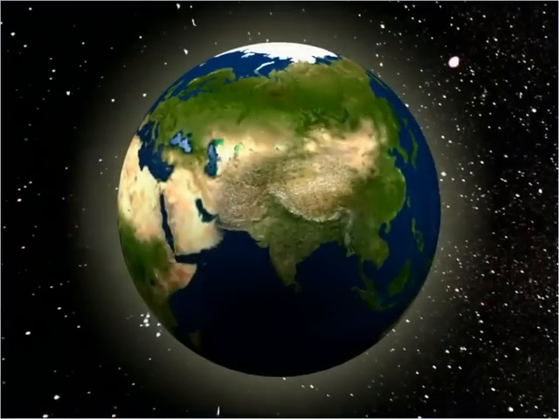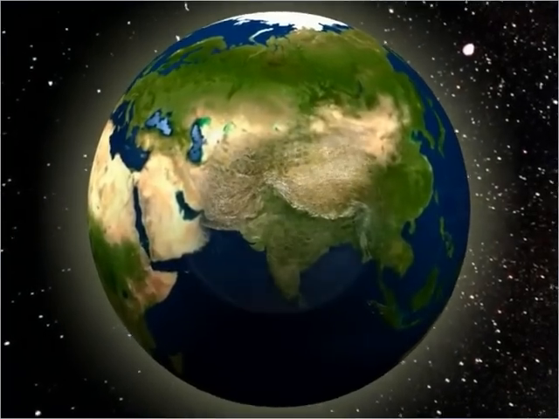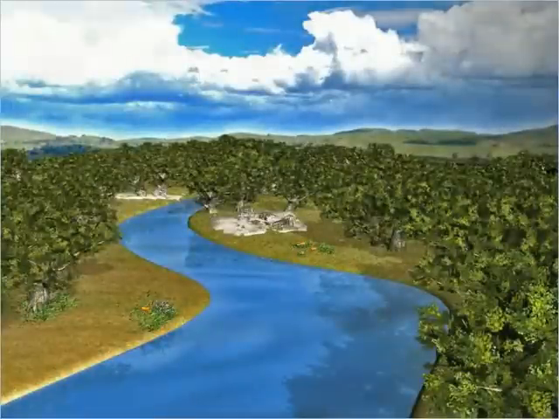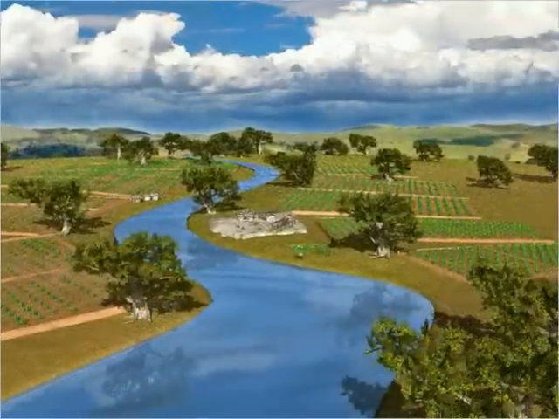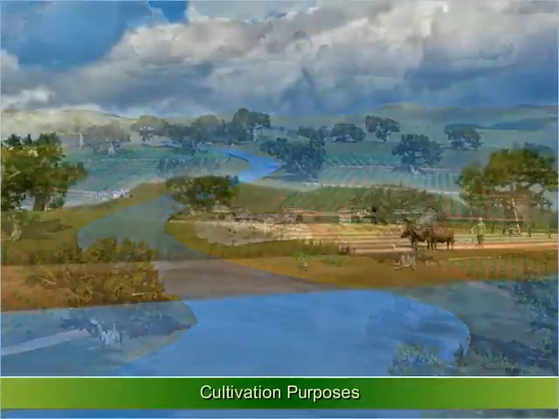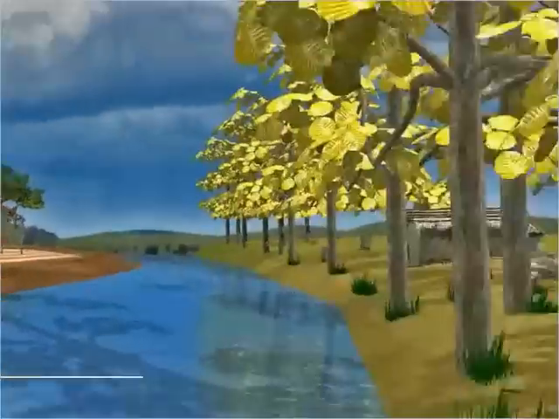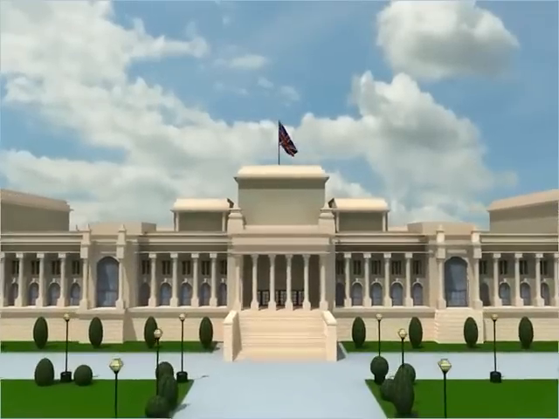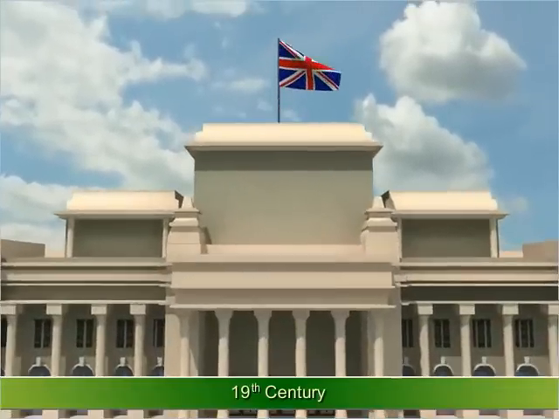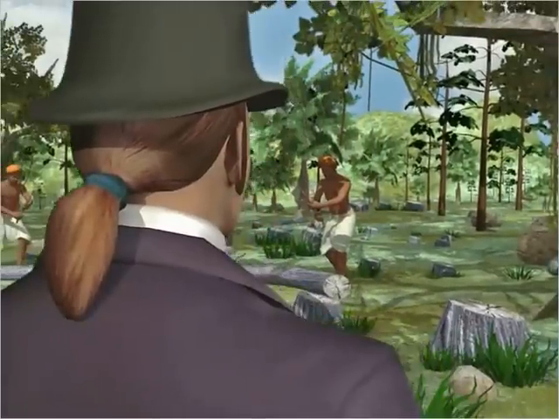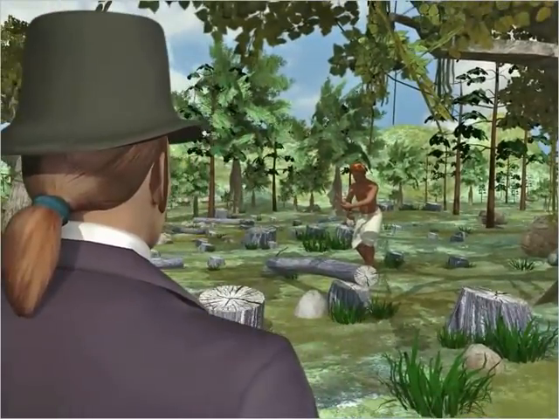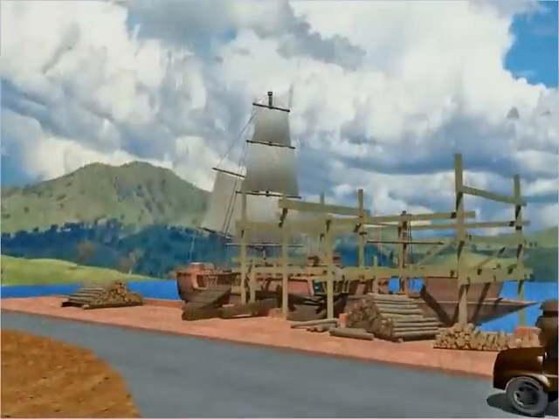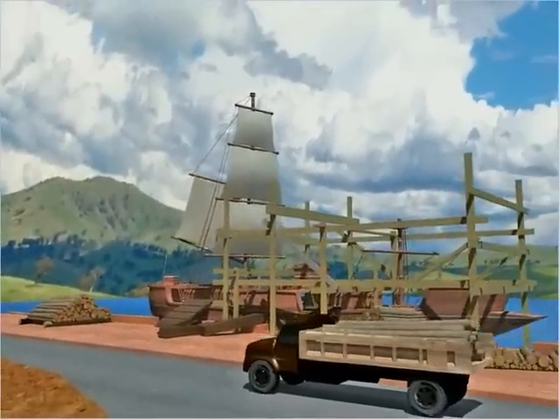There's a long history behind the use of forests in India for commercial purposes. This history is filled with instances of large-scale destruction of forests by farmers and villagers for cultivation purposes and traders and colonizers for commercial purposes. During the colonial rule in the 19th century, several forests in India were destroyed by the British due to many reasons. One reason was that the British needed timber to build ships and railways in Britain and its colonies.